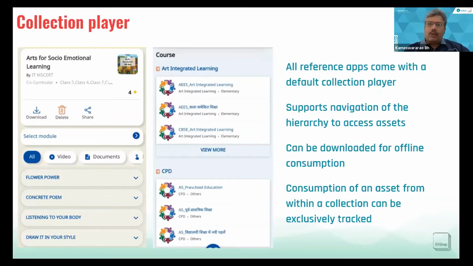So the system knows that in collection 1, I made progress by playing this video, whereas in collection 2, I don't have the progress because I have not accessed this video through this collection. This especially is going to be useful when the same set of assets are used to create courses, like what we saw as an example, by two different states altogether. Then it obviously makes sense to track the progress separately, right? So that's one useful capability that we have in terms of consuming assets through collections.